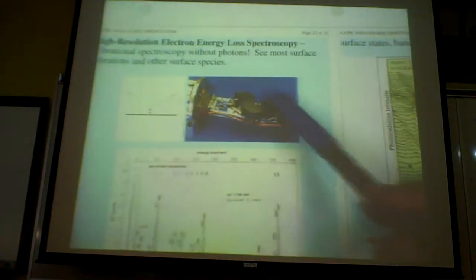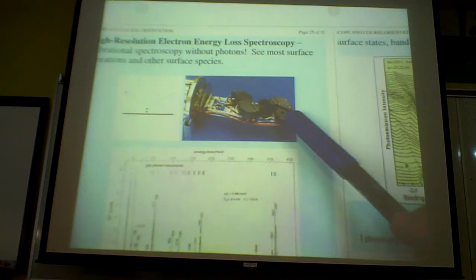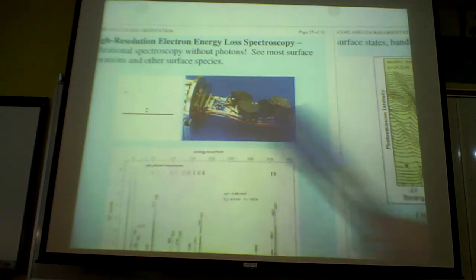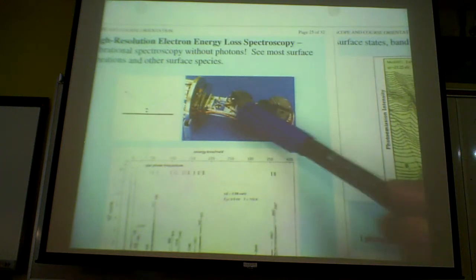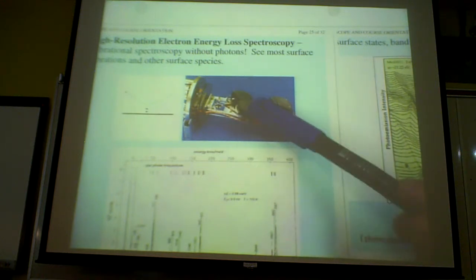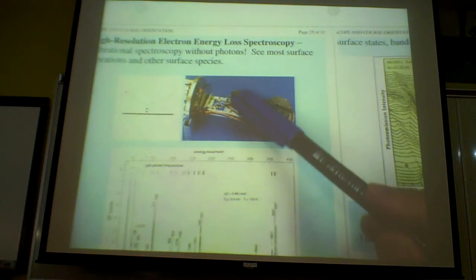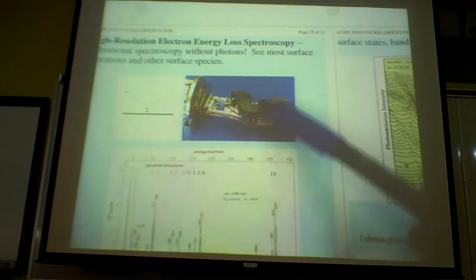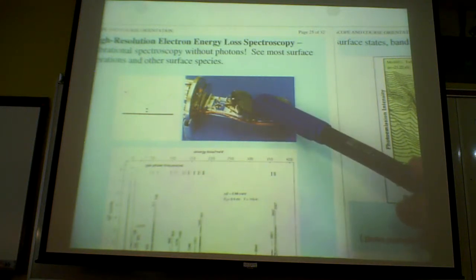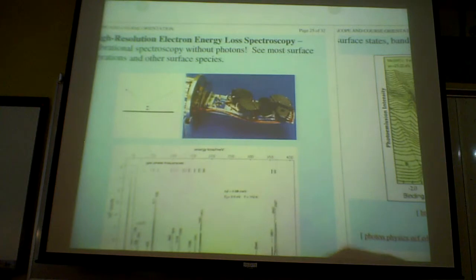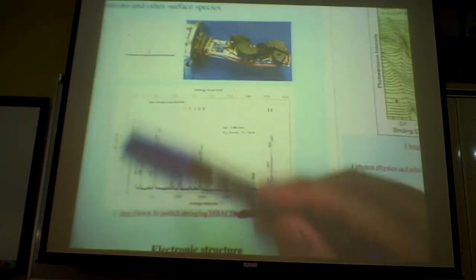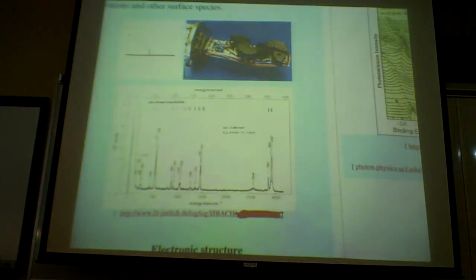And this is a typical commercial spectrometer. The electron beam is created from one little tiny electron source, and it goes around this little hemisphere cylinder, the so-called cylinder analyzer, and then your sample is positioned right in the middle here, and then there's a lens and a detector on here. And what you see is a primary electron scattering elastic peak down here. That's of the order of 5